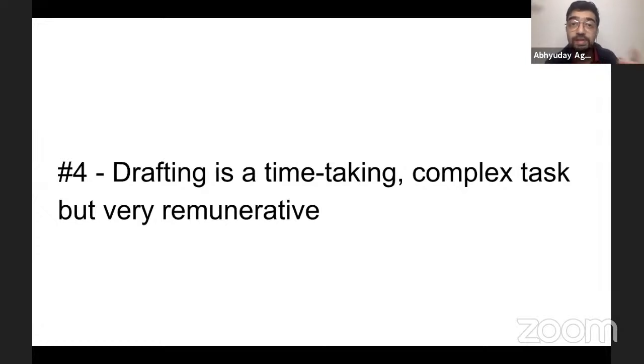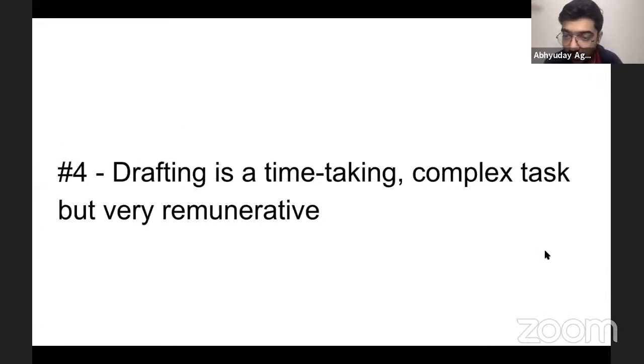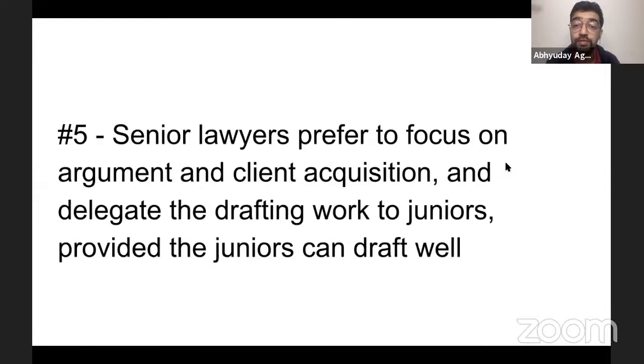अब इसका आपके लिए क्या फायदा है if you're a young lawyer? See, right now I'm not talking to, I believe, okay, you all can correct me. I believe a lot of you are young lawyers. You don't have like 10 or 15 years of experience. Okay, if you all have, then you tell me, okay? But a lot of you are freshers, you all are law students. Now, what is the advantage for young lawyers agar drafting is remunerative and complex?